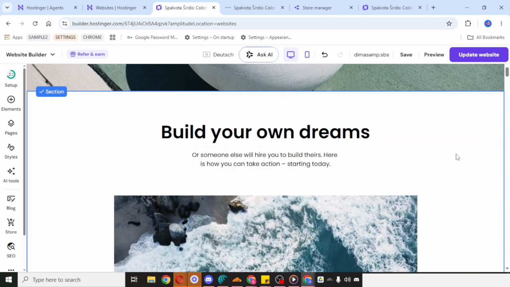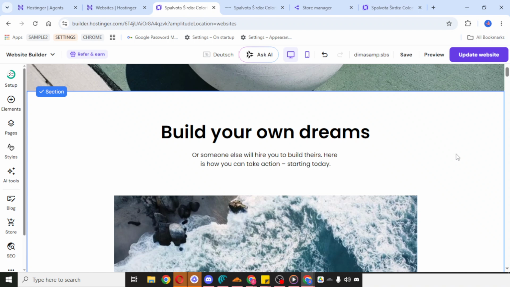A useful tip here is to double-check the page after deleting the section, so you can make sure the remaining layout still looks clean and organized. Sometimes removing one section changes the spacing between other elements, so it's always a good idea to quickly review the page before moving on. If everything looks good, you can continue editing other parts of your site as needed.